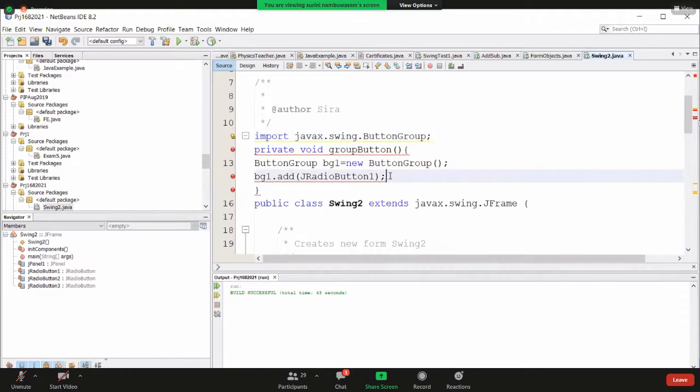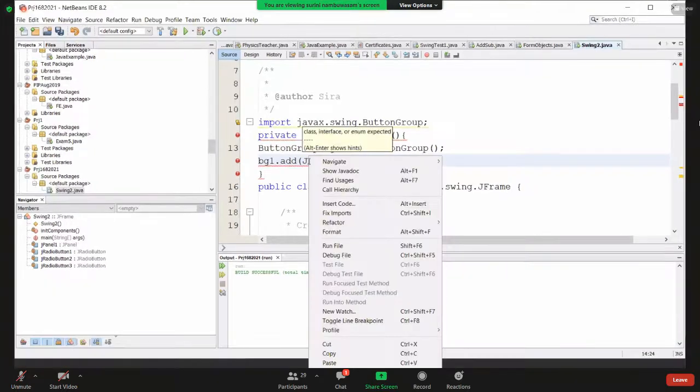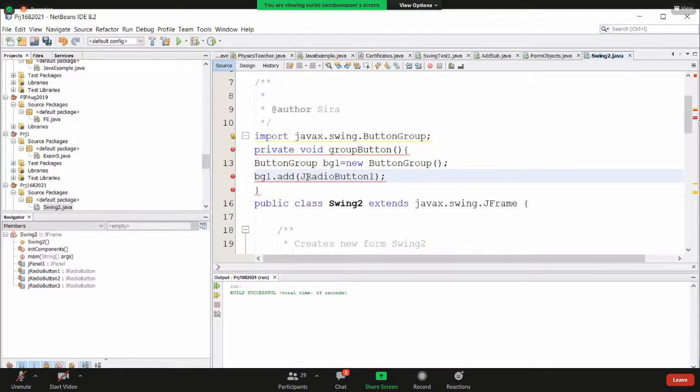See, this J should be a simple one. jRadioButton1.